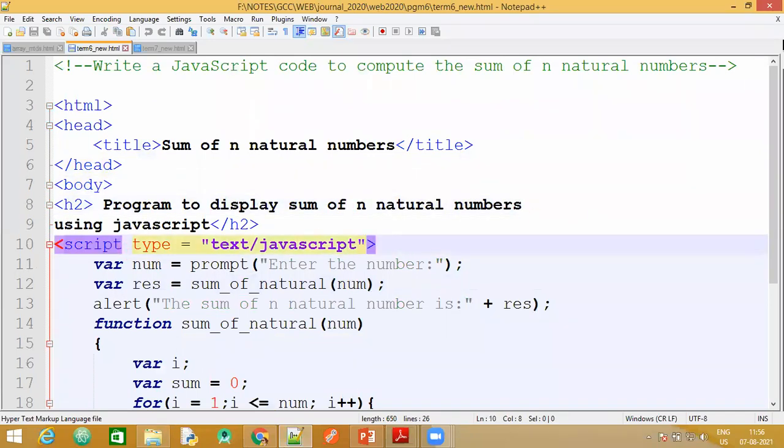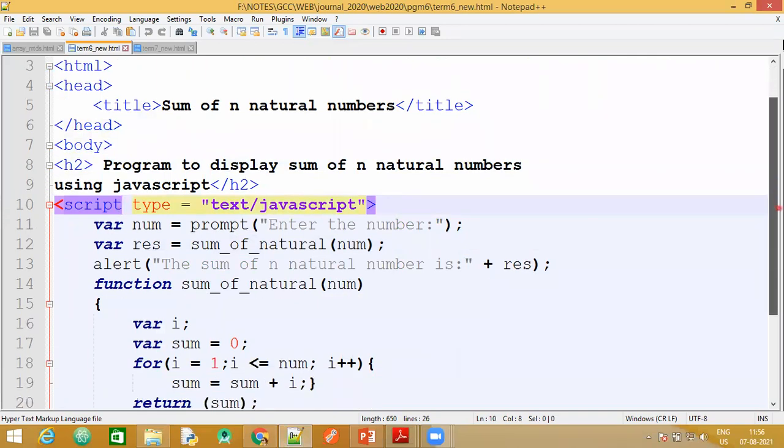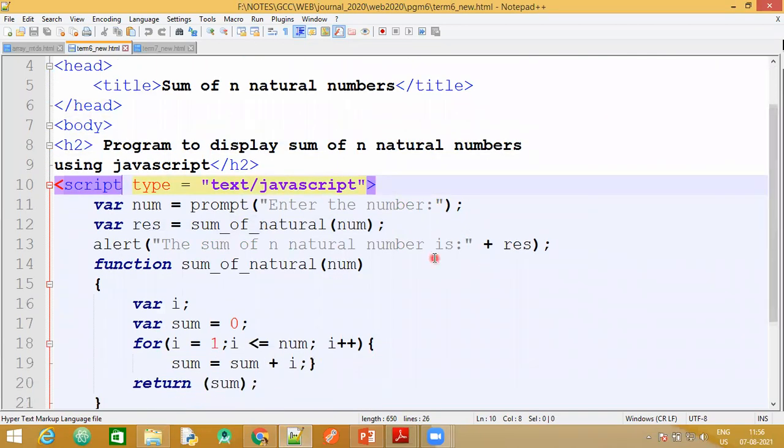Then in the script tag is our important part, that is the JavaScript code. So how are we going to accept input from the user? One way is to make use of again an HTML form, create a form and have a text box there and then fetch the value from that. Or another way would be we can make use of the prompt dialog window that we have studied in the last session. The prompt dialog window comes up with a default text box which also takes the parameter, the message, and in that we can ask the user to enter the number.